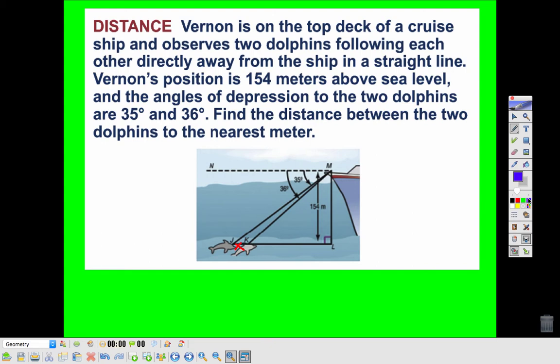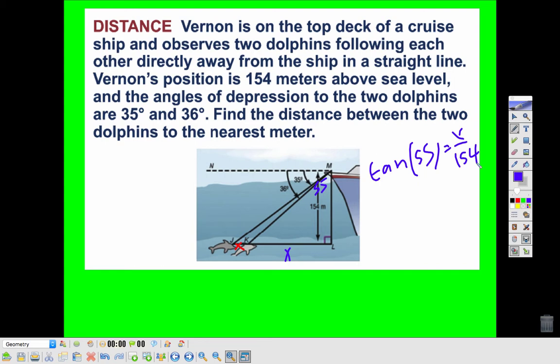Okay, so the way you're going to do this is you're going to find the bigger triangle, and then you can find the smaller triangle, and then just subtract it. So what degree would I use for this bigger triangle in this area? 90 minus 35. So 90 minus 35 is 55. Okay, so then this is x. So tangent of 55